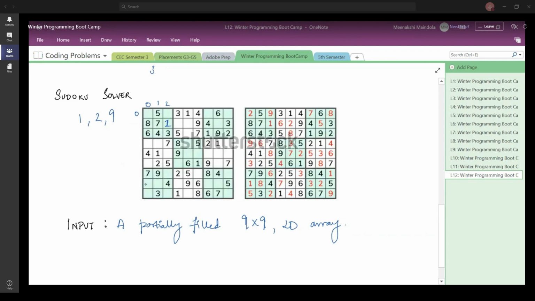But this column can have a value 1. Again, for these two empty cells I cannot have 1 here because I already have 1 in this row. So the only position that I have left for 1 in this particular submatrix is this.